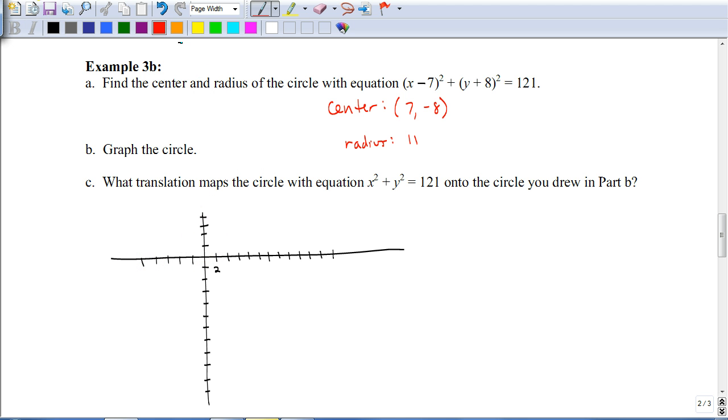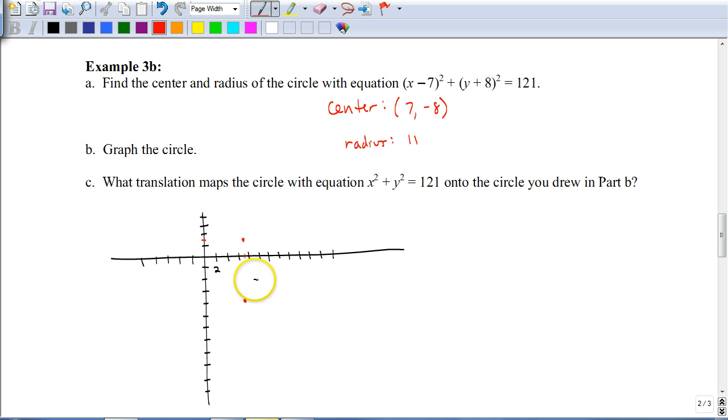So the center is at 7, negative 8, so 2, 4, 6, so 7 would be right about there. And negative 8 would be 2, 4, 6, 8, so the center is going to be about right there. And my radius is 11, so I'm going to go up 11 units, remember I'm counting by twos here. So 2, 4, 6, 8, 10, 11, we'll say is about here,